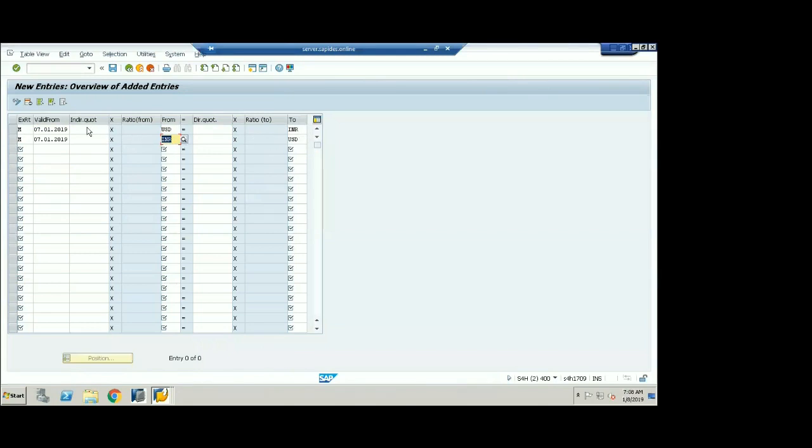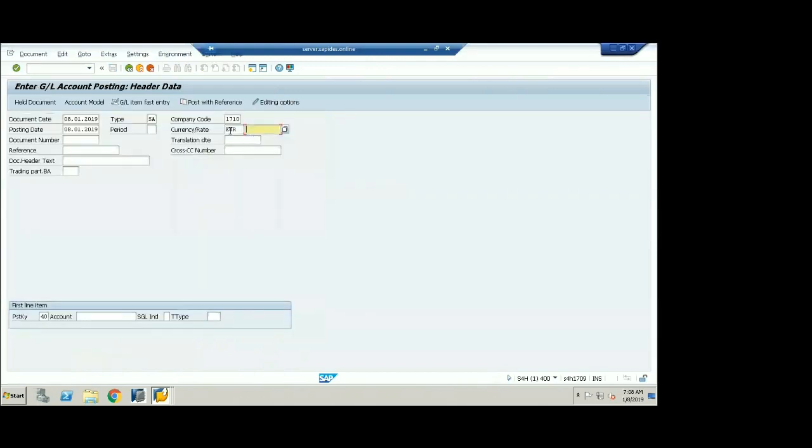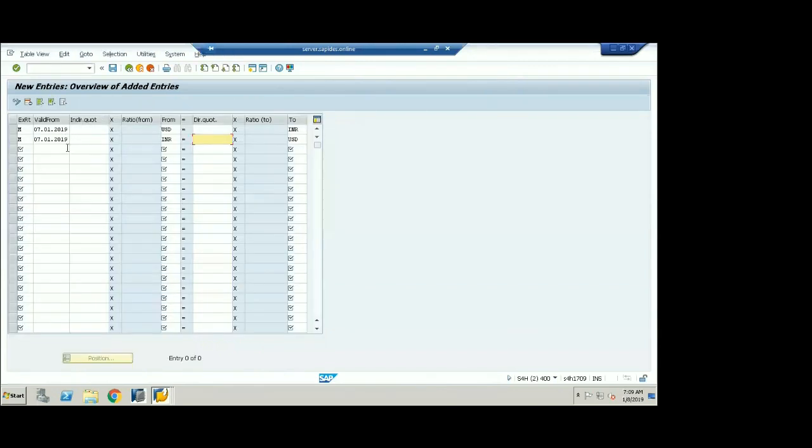I should maintain both the indirect and direct quotation over here. So as on date, you have maintained the exchange rate spreadsheet, and whatever rate you have maintained, the system will pick up automatically as on that date.